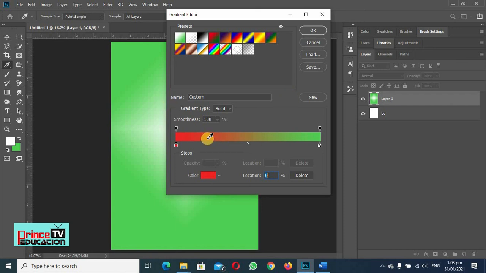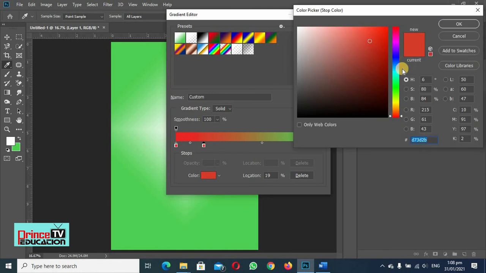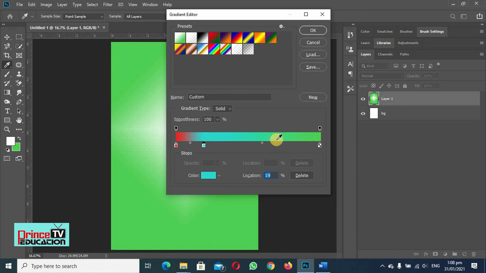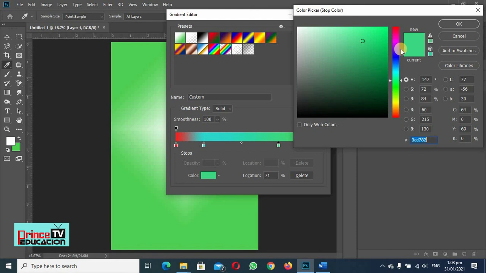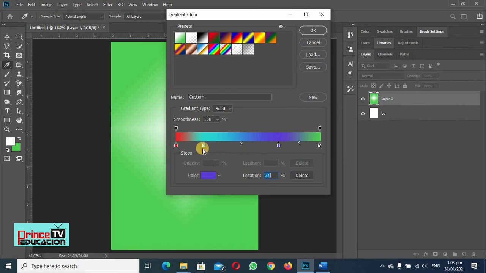We can add more colors here. For that, we will press Alt and then click here. Another handle is added, and we can add another color in this handle. Like I am adding this color, and I can also add another handle here. I will just press Alt and then click here, and I can select any color. Like I will add a blue color here, for example. And so you can see we have added these colors, and when our gradient is complete,